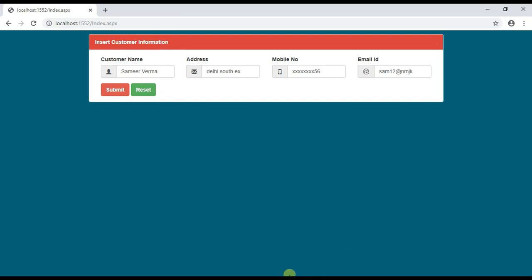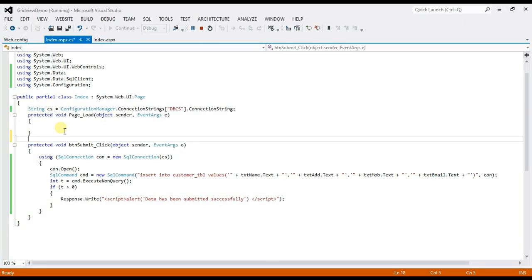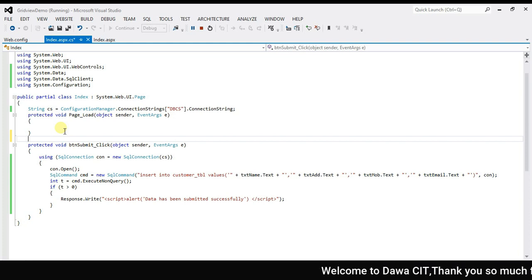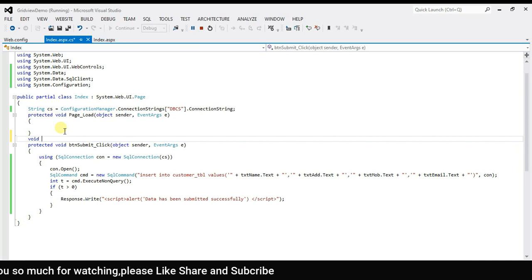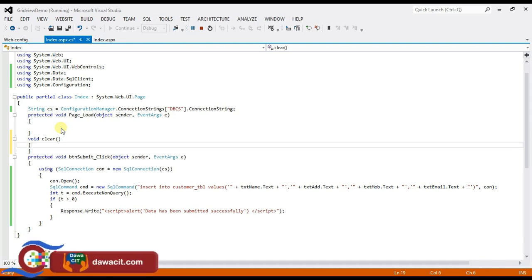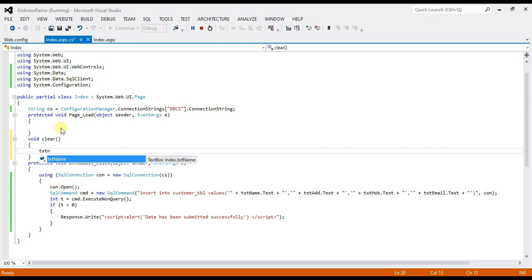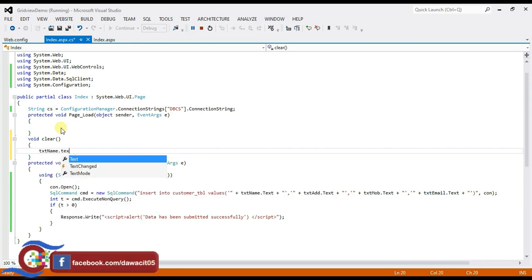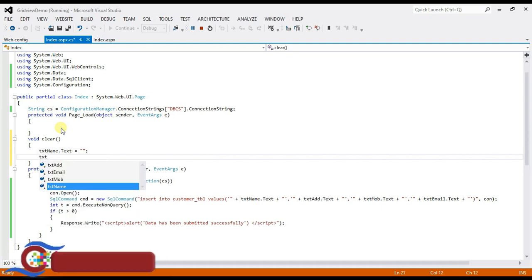Come back to Visual Studio. I will create a function here for clearing all the text. Type here void, function name clear, txtName.Text = ""; txtAdd.Text